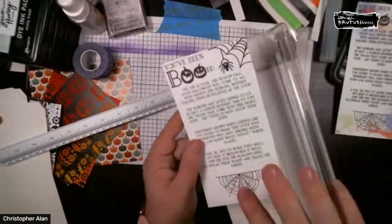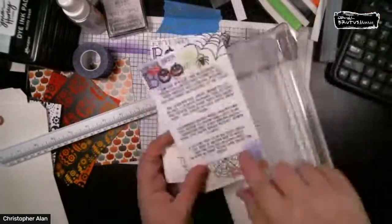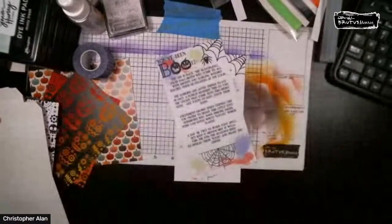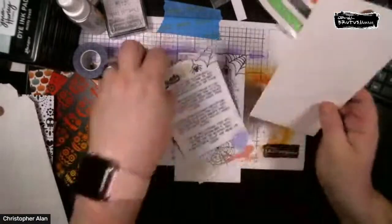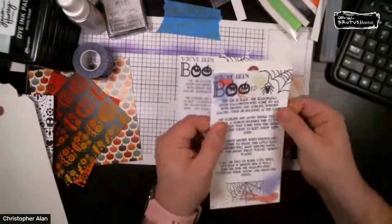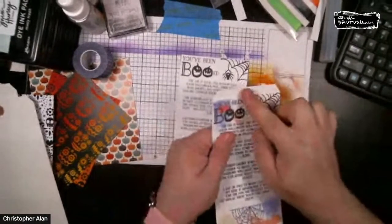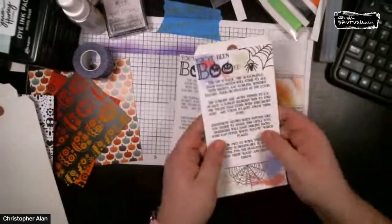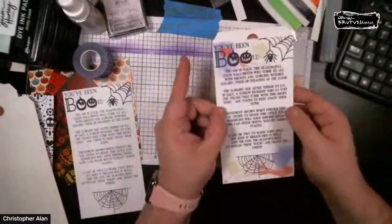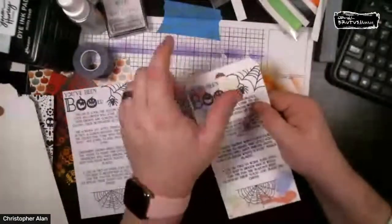So now see, this one's real, well, I don't want to say boring, because I know there's a lot of you that are going to like this one better. But this one just has a little more pizzazz, a little more zhuzh. You know what I mean? So the reason that I did them this way is now look, this lines up perfectly on your tag. Now you can cut out this little hole if you want to. You can cut understated. There we go, understated. Yes, minimalistic. If you have a hole punch, this is just a regular half-inch hole punch that you can go ahead and